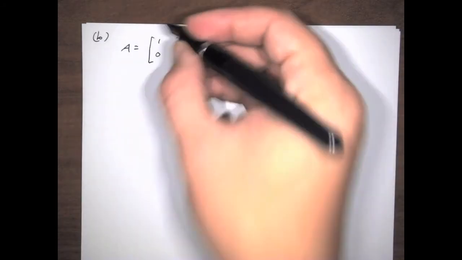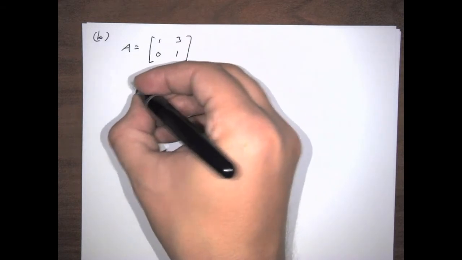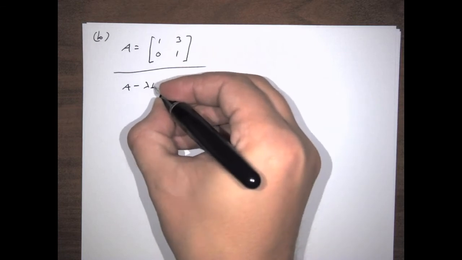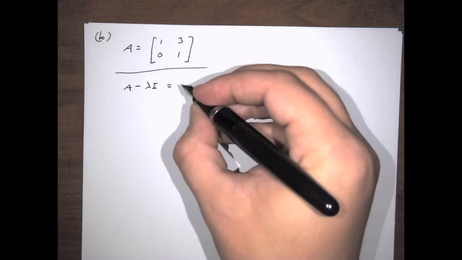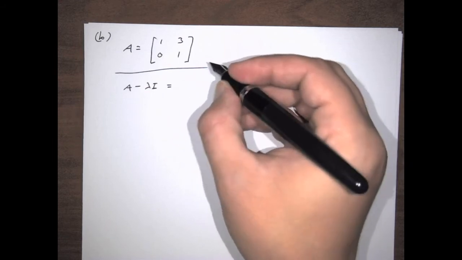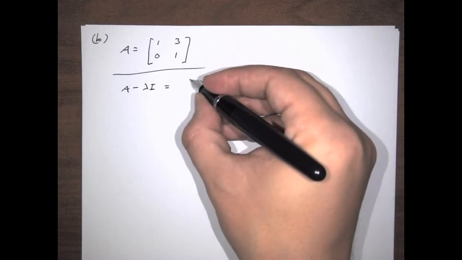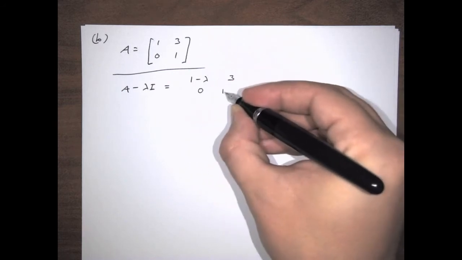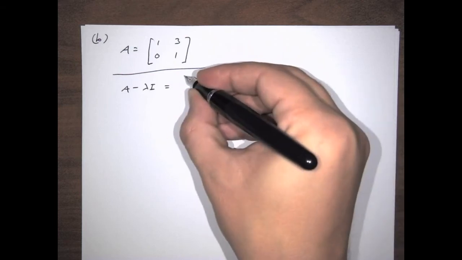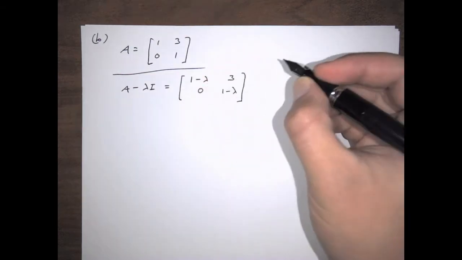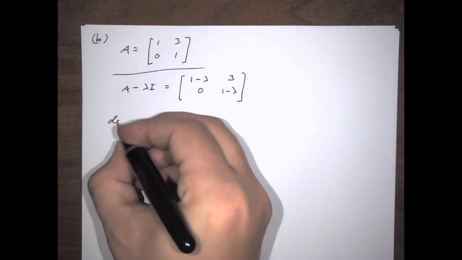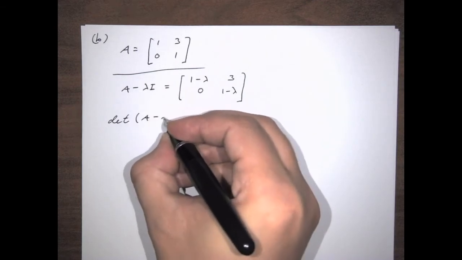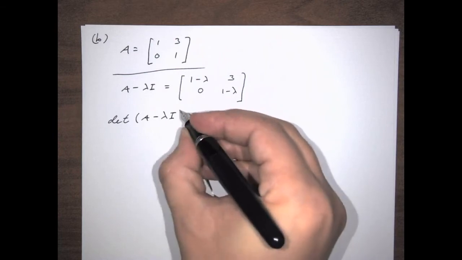So what we'll have here is A minus lambda I. So this again means subtract lambda times the identity matrix. That's lambdas along the main diagonal. And so then that's going to be a 1 minus lambda, 3, a 0, and a 1 minus lambda. And then if I want to set up the characteristic equation, that would be determinant of A minus lambda I equals 0,